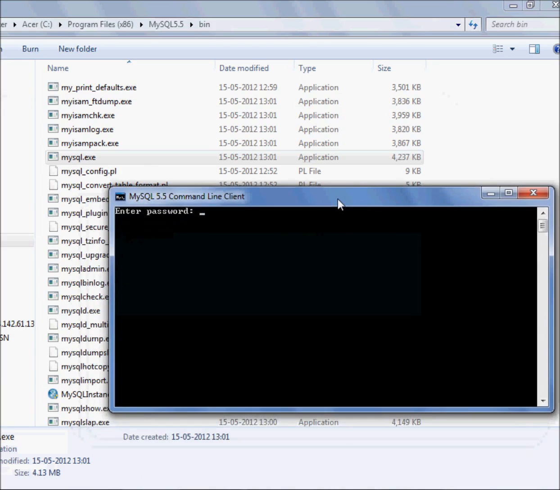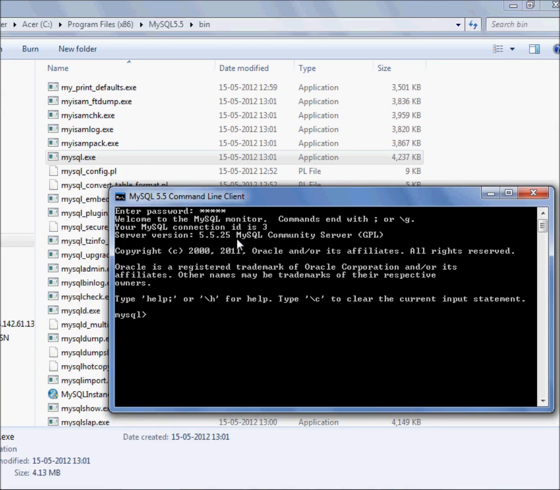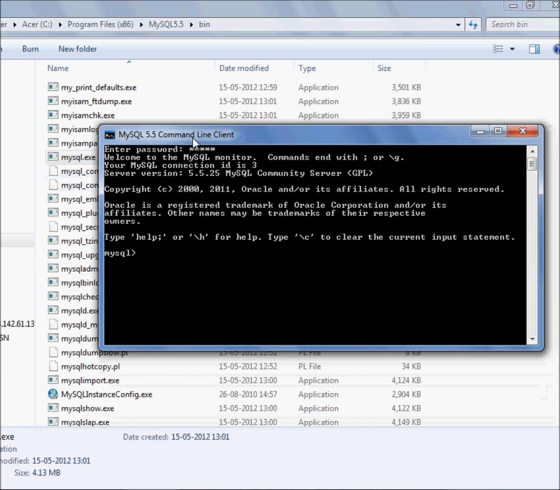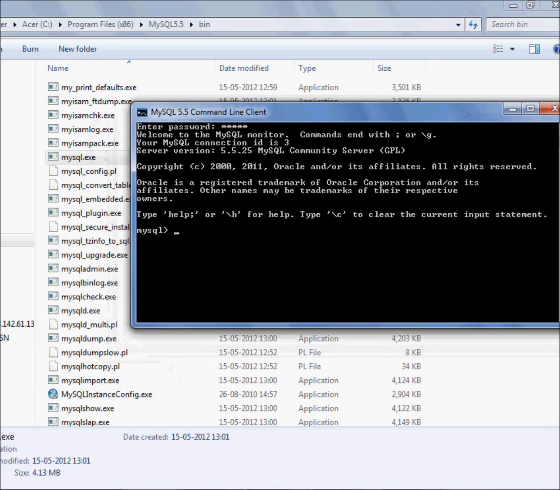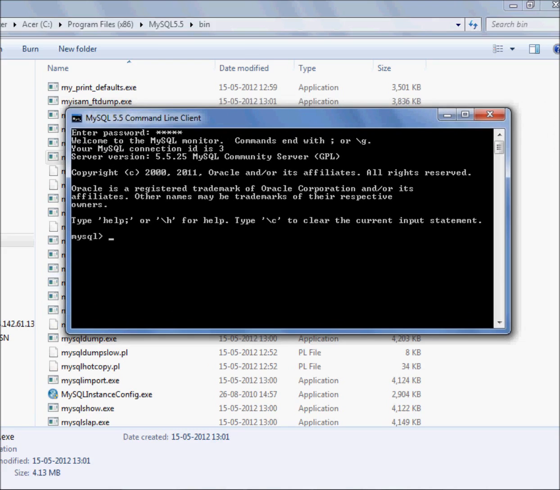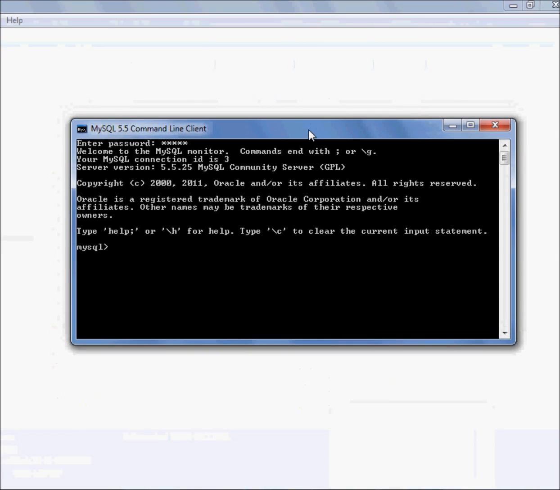So it is asking for password and I say here admin. So the client has come. Now you can also open from the start, and then you can go for programs. Inside that you will find MySQL, and from MySQL you will get this MySQL client here. Now your client has come, so at this place you can now fire any query or just say here